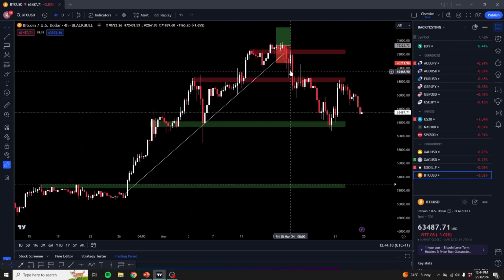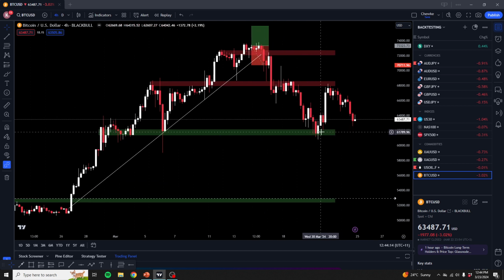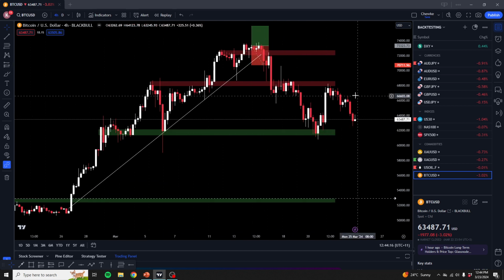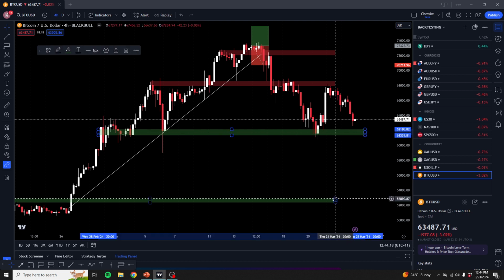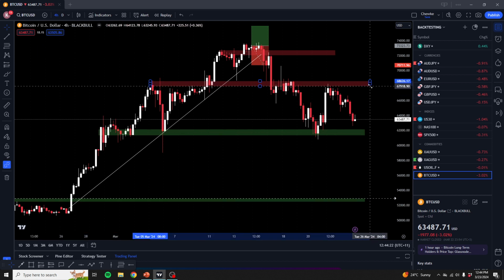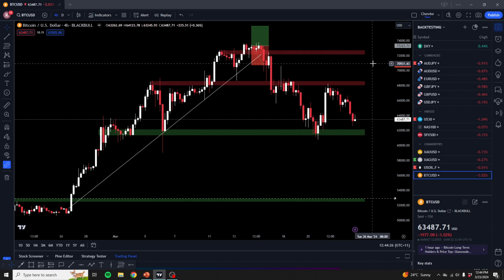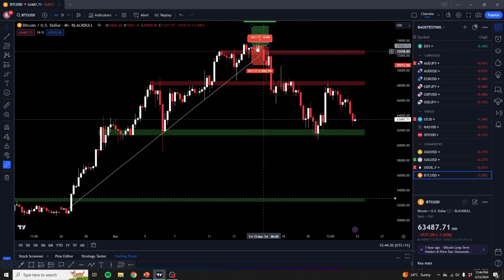You can see lost there, just tanked. This could have been a potential trade in this support area, but Bitcoin I'm staying out of. COT data is not good. It's not a real commodity in a sense, or a currency. So yeah, we're staying out of Bitcoin. That was a cheeky loss.